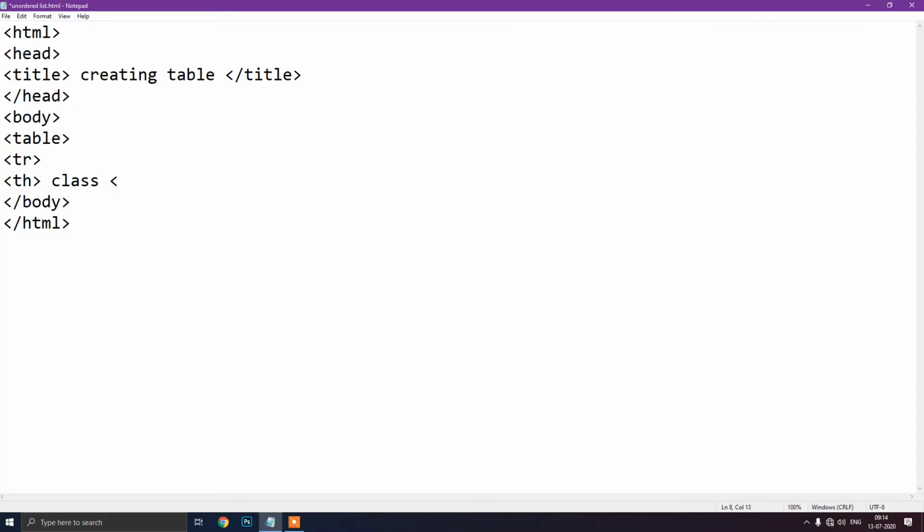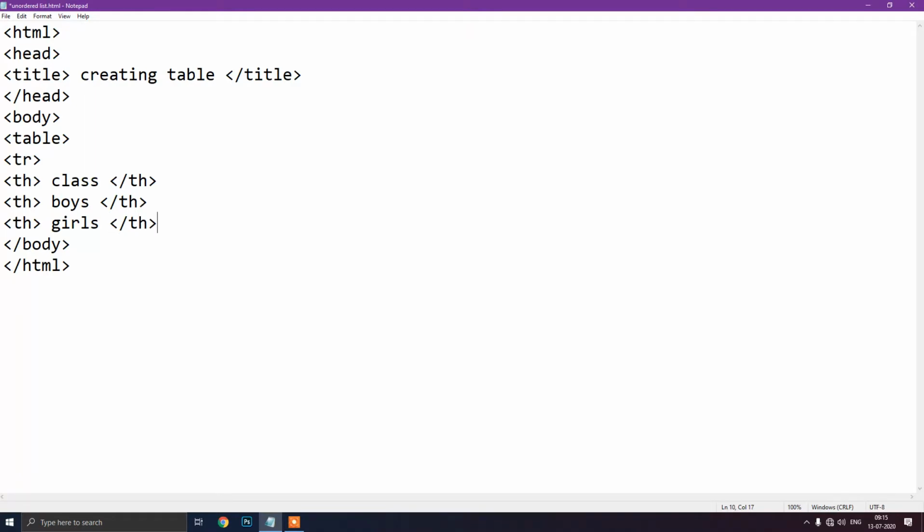Then I will close this th tag. Now for the second column, suppose I want number of boys, so here I will again use th, then write boys, then close that th tag. Now suppose I want the third column heading to be girls, so I will write th, then girls, then close that th tag.